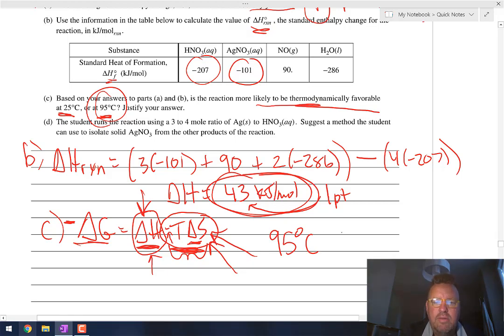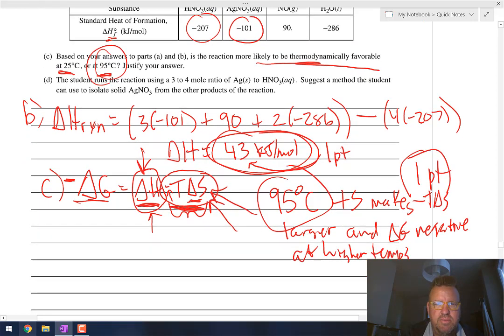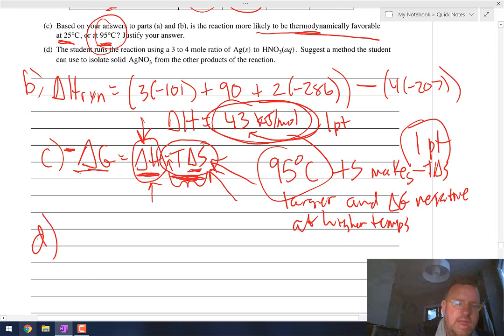And why? Because the positive delta S makes negative T delta S larger, and delta G negative at higher temps. Okay, just a 1-point response. So if you have the right answer and then you have something about the positive delta S or the positive delta H, something along those lines, they're going to award you the point, and that is just a 1-point response there as well. Okay, and then part D, the student runs the reaction using a 3 to 4 mole ratio